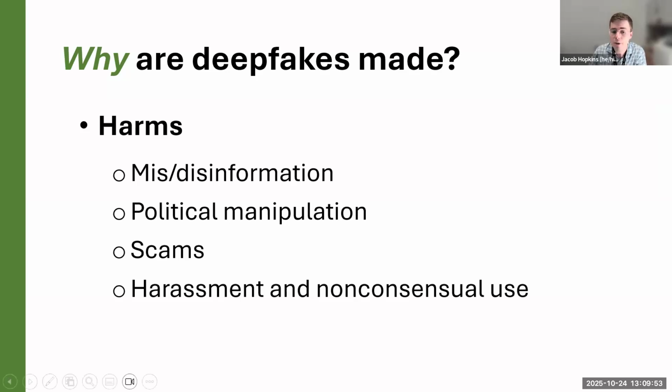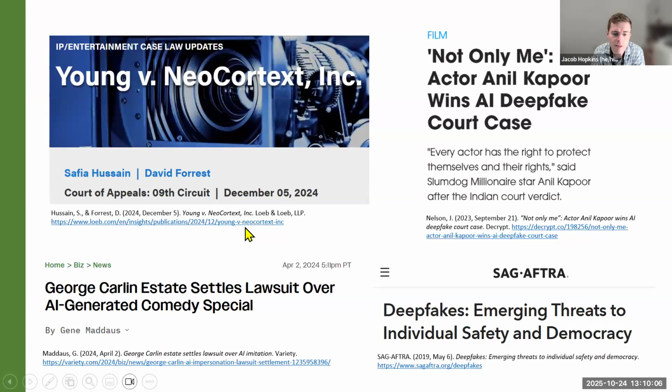One of the fastest growing uses of deepfakes is to create non-consensual fake images of real people without their knowledge or permission. And this raises really serious ethical and legal issues, especially as deepfakes become more convincing and as it becomes harder for audiences to decipher what is real and what is not.